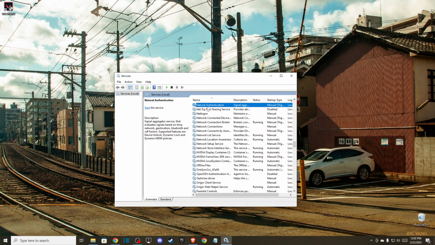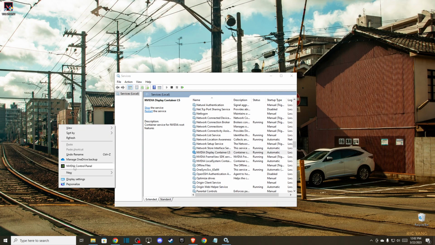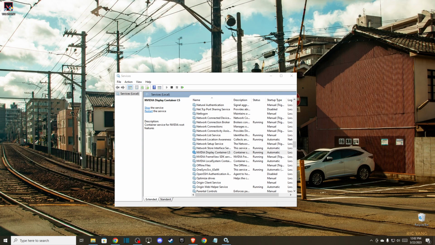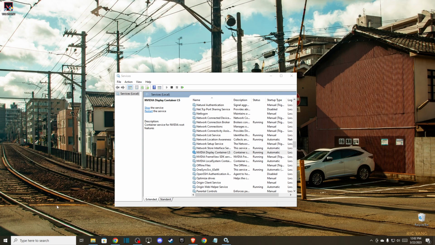Tap on one of the tasks and press Enter. Then you need to look for Nvidia Display Container LS and right click on it. If the program is not running, press start and this little icon should appear. And if you press start and it's not appearing, then try to restart. And after that, if the control panel did not appear, the last thing that you can do here is